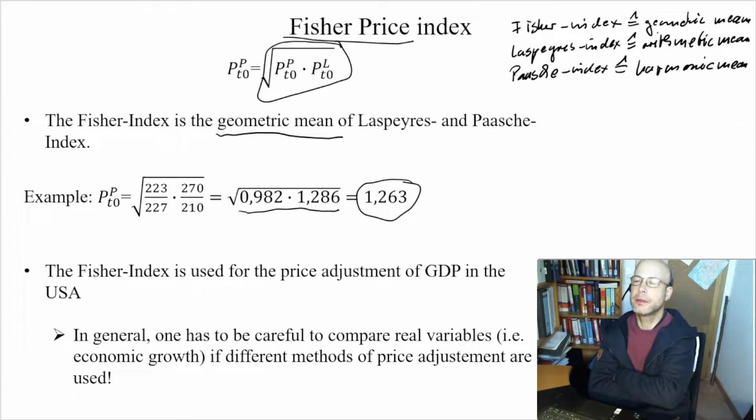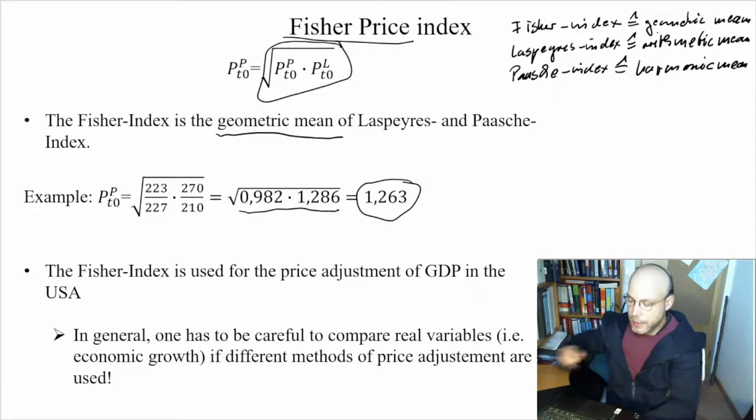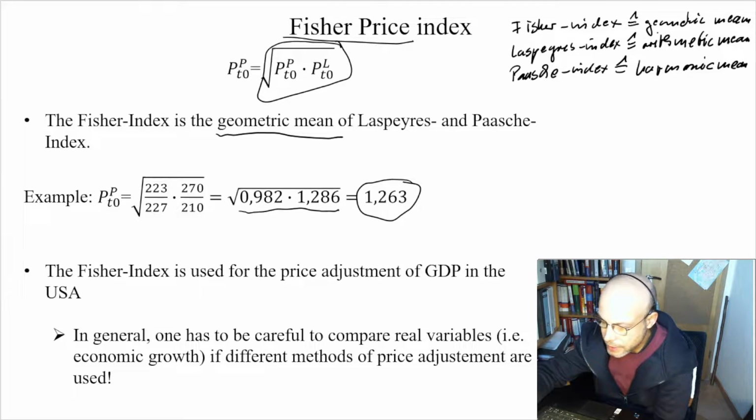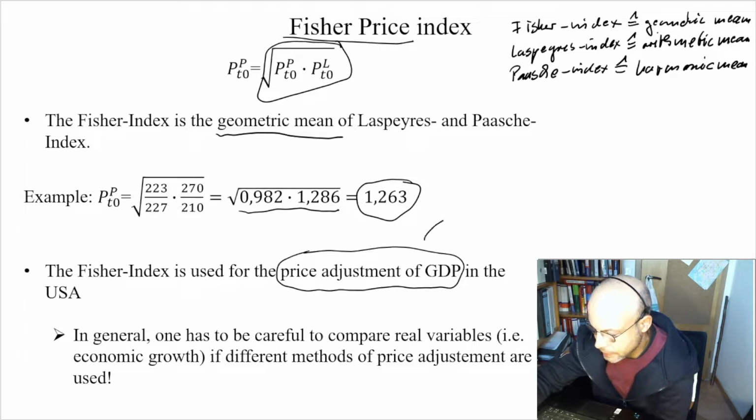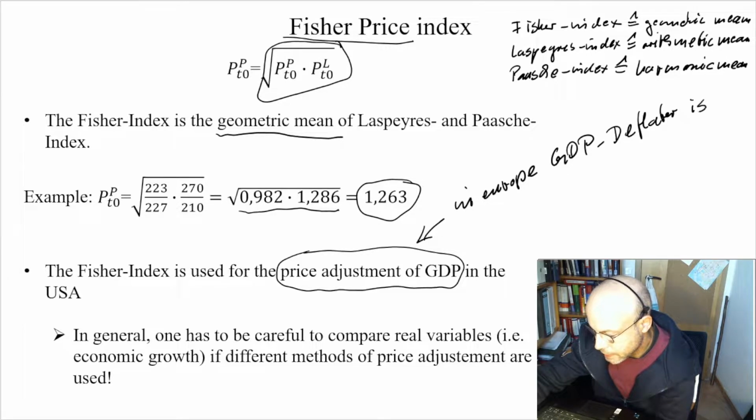And of course, also we use this price index in economics, and especially, well, it is not totally the same how we do the price adjustment of economic time series in Europe and in the United States, because in Europe, and this I told you, the GDP deflator is calculated via a partial index, and this we will also do in a minute,